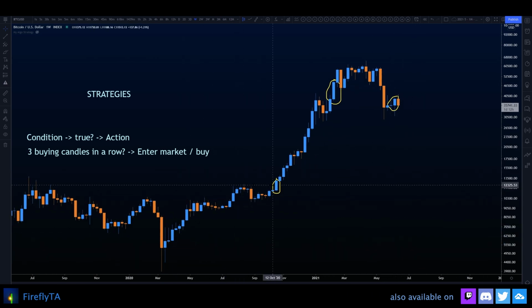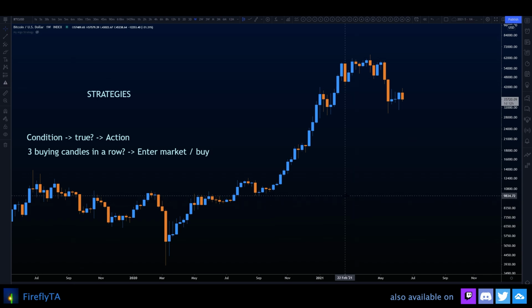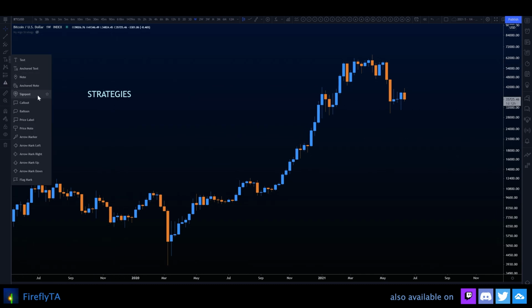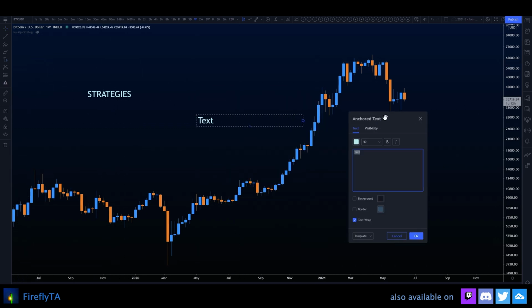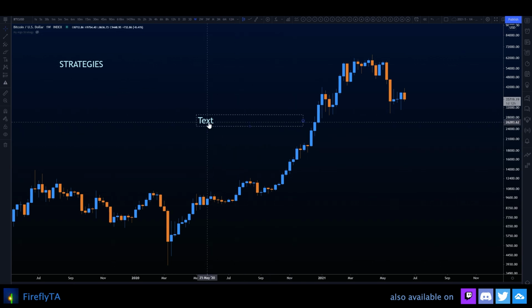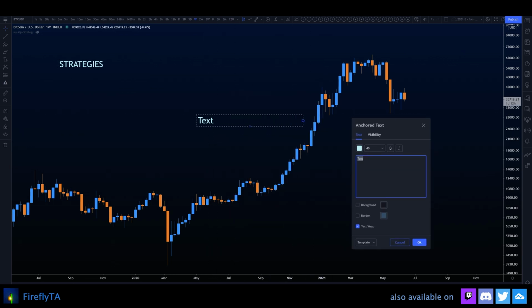So you see where this is going. We want to get rid of this very simple approach of just having a basic condition and then acting on this condition. What we want to do is to have a true trading strategy that is adaptable. However, before we are going into this, I'm going to actually give you an idea of what kind of strategies there are. If you have seen some of my videos already on YouTube, you know that I really like the